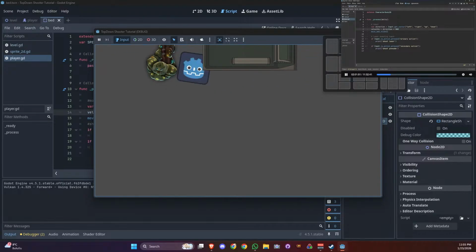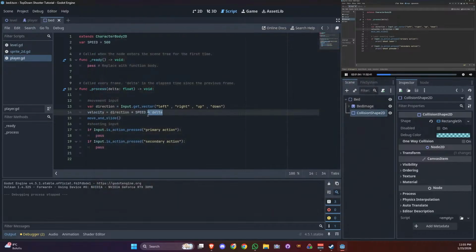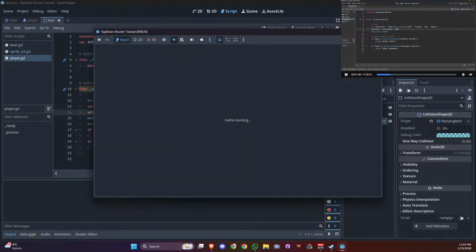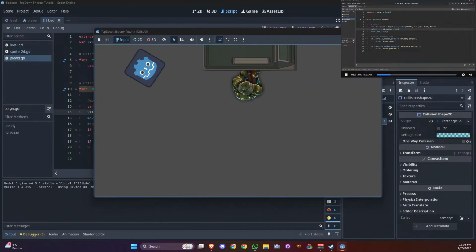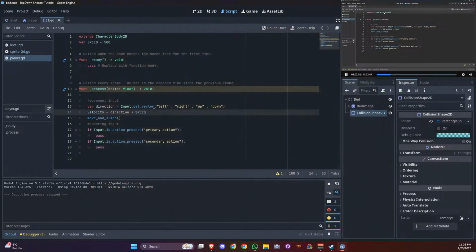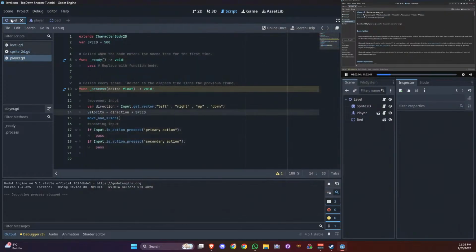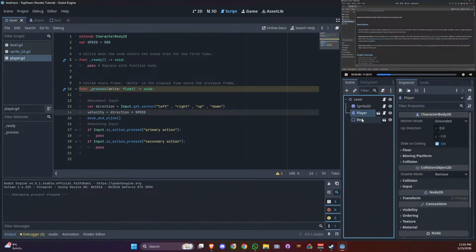Let's talk about this setup a bit more. And the best way to think about it is to look at all of this inside of the documentation. For that, I am going to hold Control or Command and click on Character Body 2D. If I do that, I get the documentation for a Character Body 2D. And in there, you have a lot of